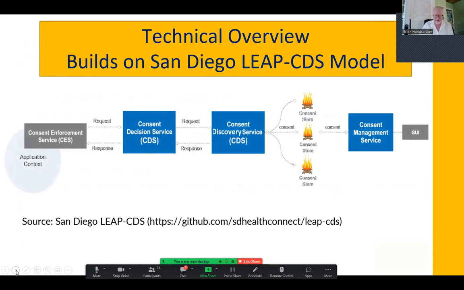Thanks. Regarding consent technology, we stand on the shoulders of giants. The healthcare standards world has spent a couple of decades trying to crack the nut of security, privacy, and consent, including the definition of many different standards, including the FHIR consent resource, data segmentation for privacy, the HL7 consent service functional specification. In addition, funded by an ONC LEAP grant, Mohammed Jafiri and Dwayne Dakota architected and implemented an open source consent decision service, also known as LEAP CDS, for San Diego's HIE.